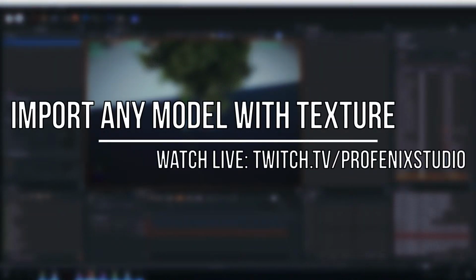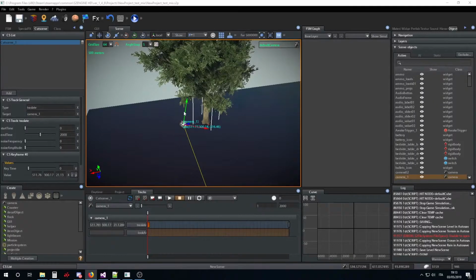How to import a model. We suppose you have the model made in Maya, 3D Studio Max, or in Blender or another program. You can export it as FBX. That is now the main format S2ENGINE supports, or you can export it as, for example, the simple OBJ